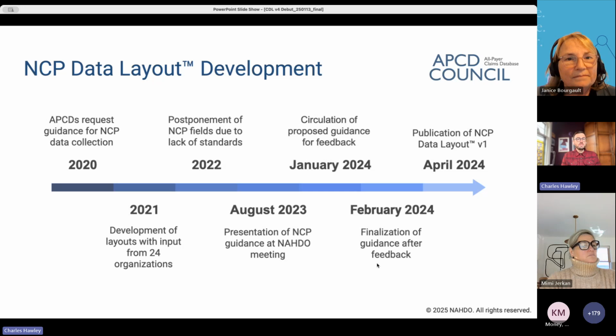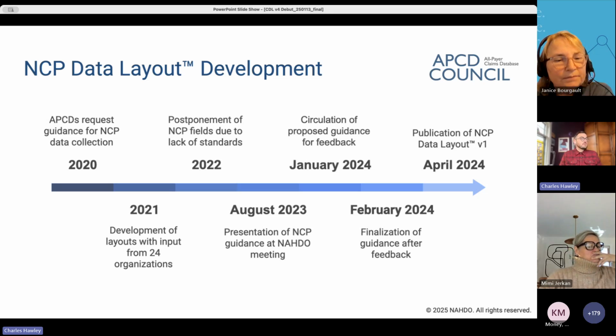And so let me take you through a little bit of the NCP data layout development timeline in a similar way that we did with the CDL at the beginning. This is really just to give everybody a little bit of context about the need and also the process.